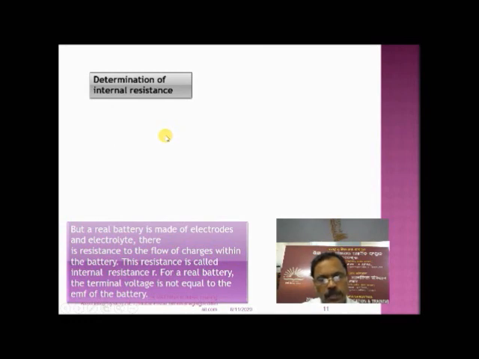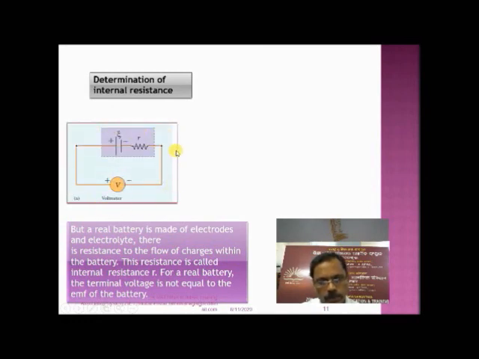How to calculate the internal resistance of the cell? Let us see. This is the schematic diagram where one battery is connected, with the internal resistance put inside a box. The internal resistance is not shown; actually it is built inside the battery. A voltmeter is joined to see the voltage of the cell, which is called the EMF of the cell. When the points are not joined to anything, the potential difference between the two electrodes is called the EMF.